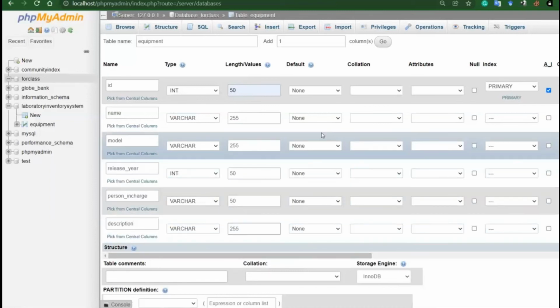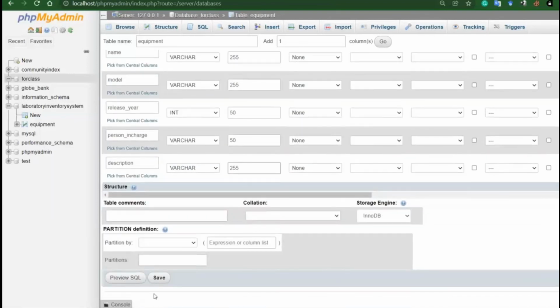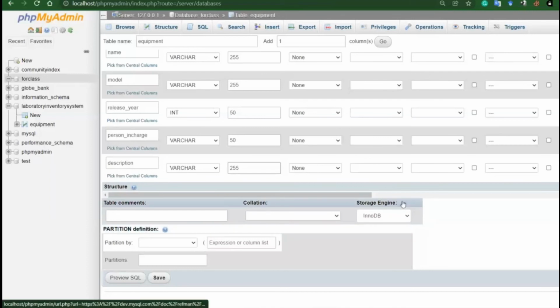So until this point, we have specified all the 6 columns. Now if we click this save button, the table will be created for us. Another thing you see here is written storage engine. MySQLi supports many storage engines. If you click this